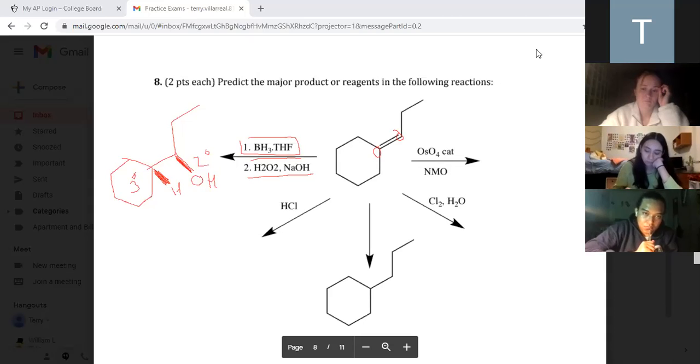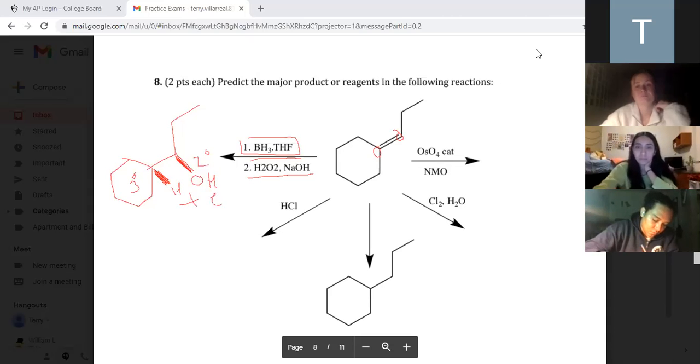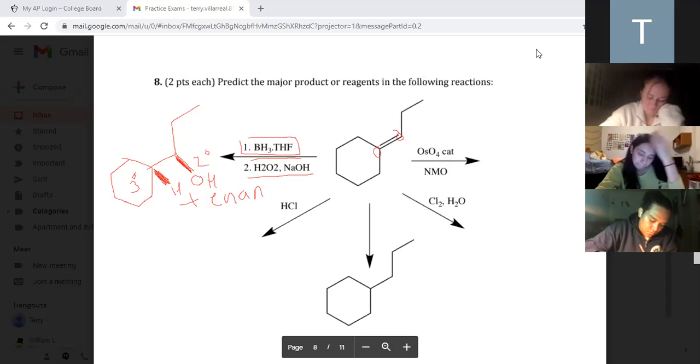So what you can do is you can say this plus an N. Shorthand. You don't have to draw the other way. And you really don't need to draw this unless she tells you to. So you can draw this and say plus an enantiomer or something like that. Did you know that? All right, HCl, what are we going to do there?